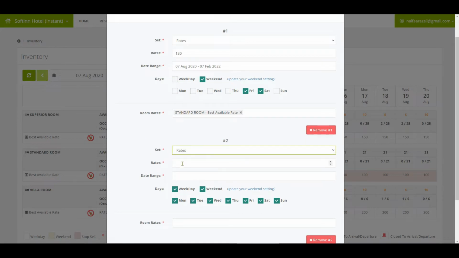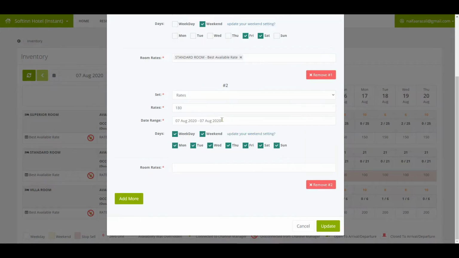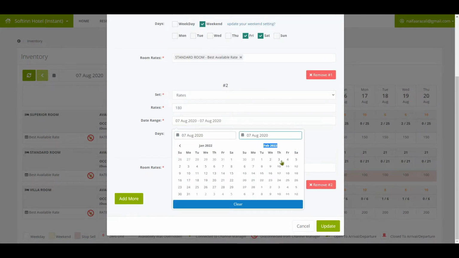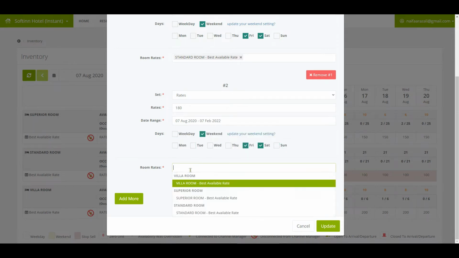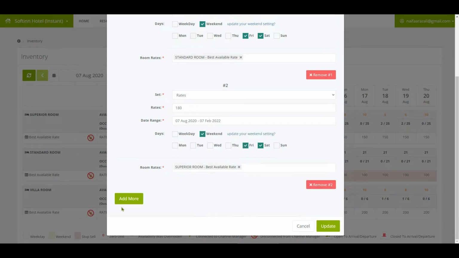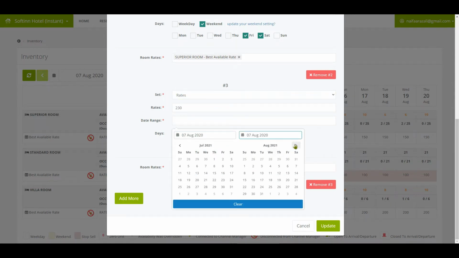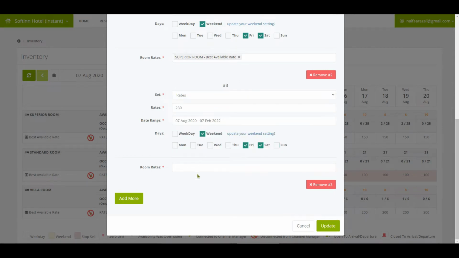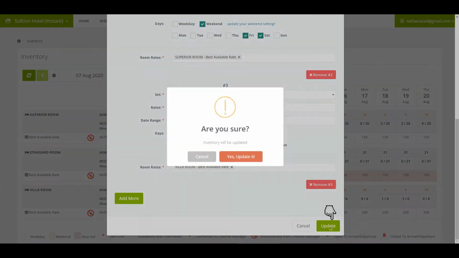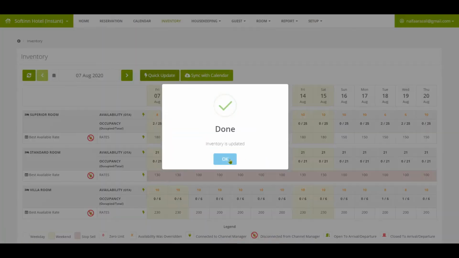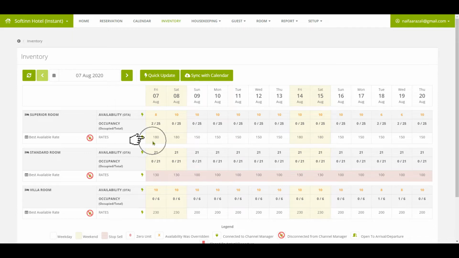Repeat the same steps to set weekend rates for another room types. Click on the Update button. The weekend rates have successfully been updated.